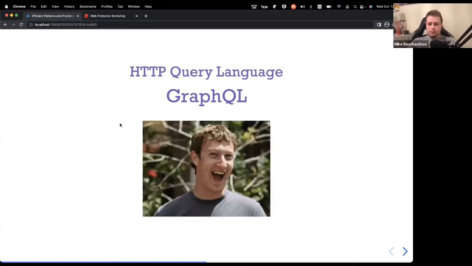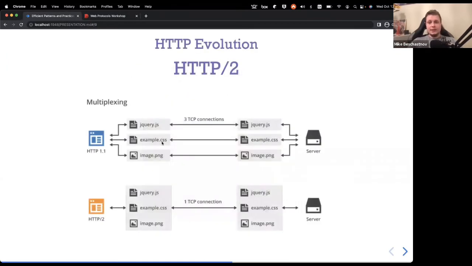And let's move on to the next slide, and the next solution for that head of line problem. The proper solution was introduced with HTTP2, which is the evolution of HTTP. And like any new version of a protocol, HTTP2 tries to solve all the major challenges with the previous version. One of the major challenges with HTTP1 is this head of line problem,